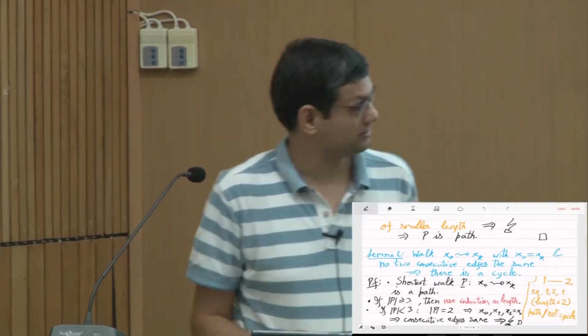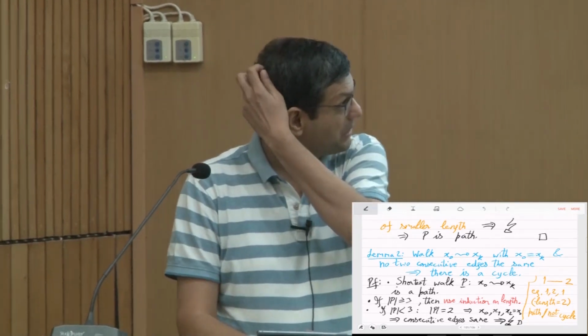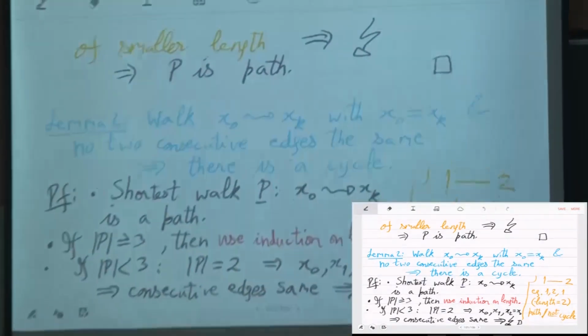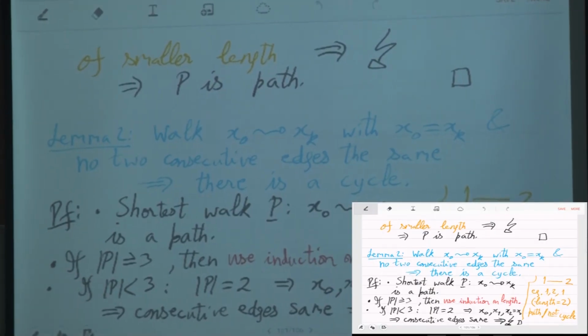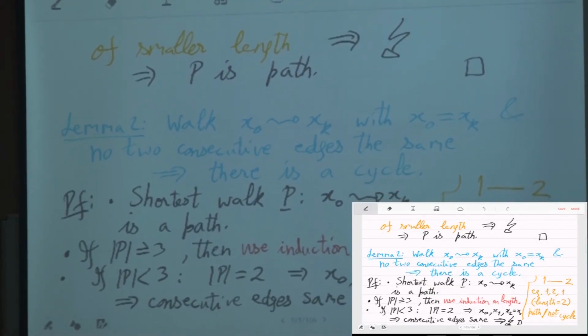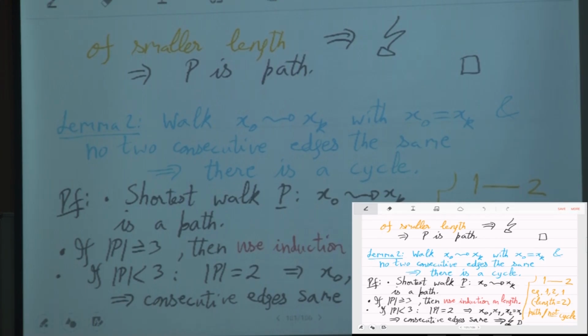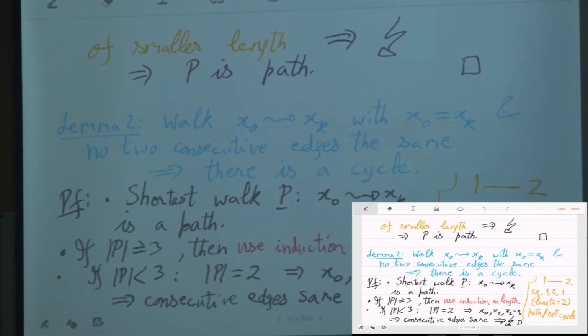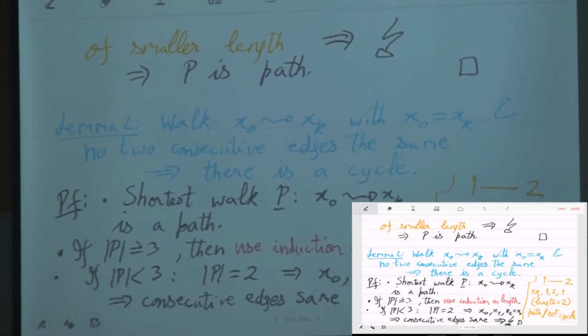There was this lemma that if there is a walk with the same source and destination, then there is also a cycle in the graph. So you have to complete this proof. In some examples, it may happen that the cycle is not from x0 to x0. The cycle may be from something else. So the way you will prove it is